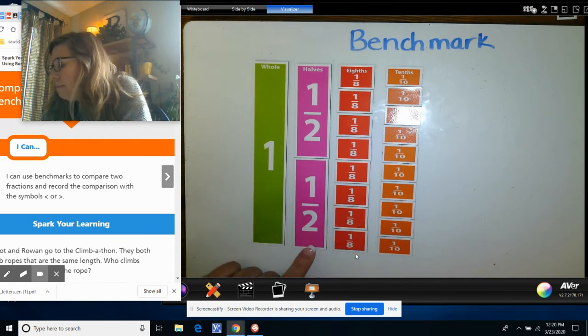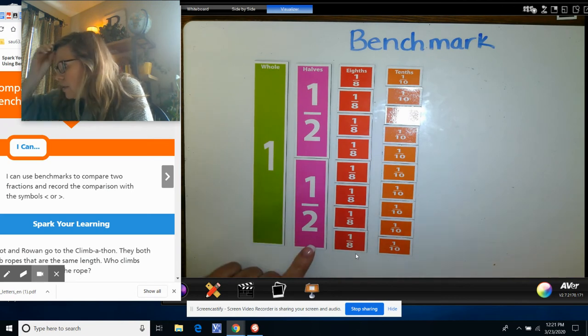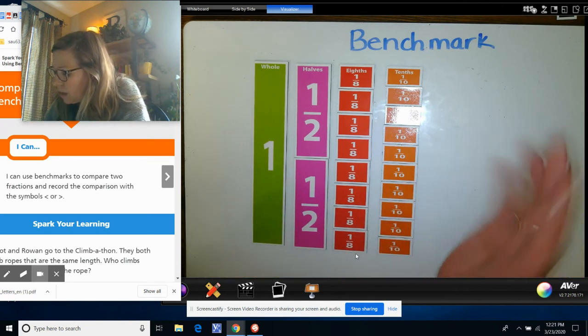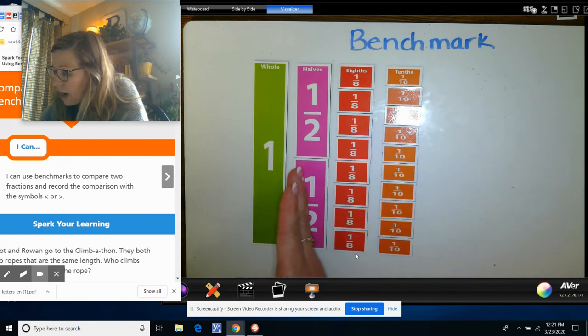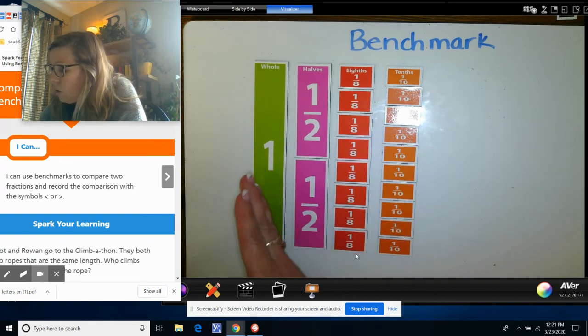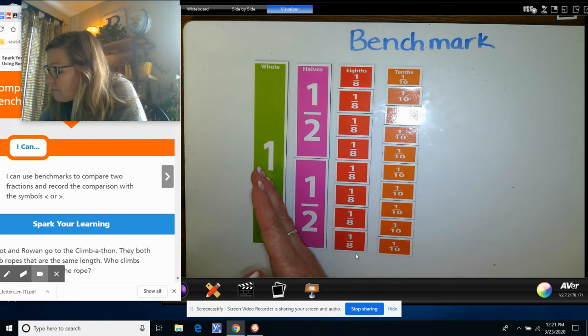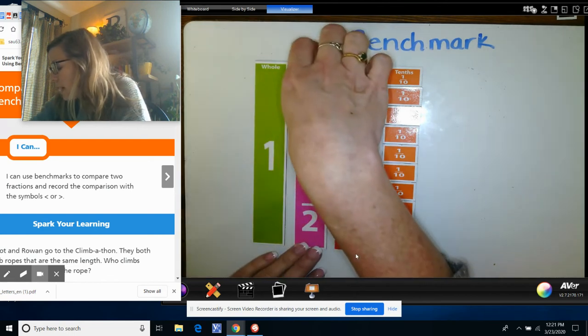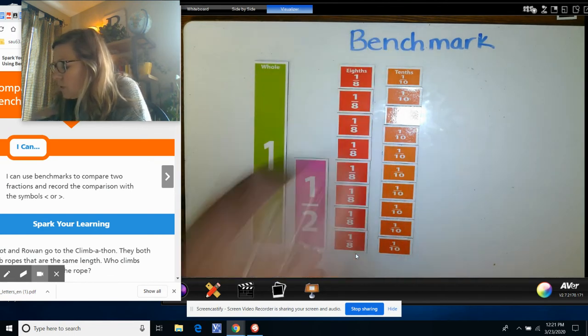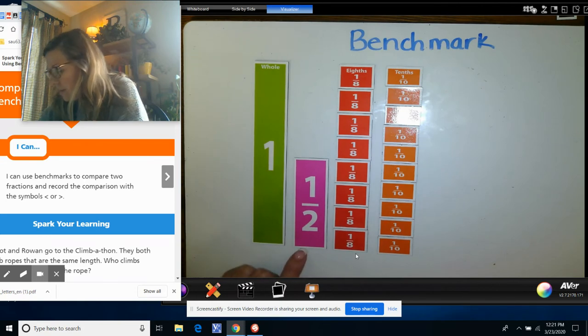A benchmark is something that you can compare it to. And a benchmark can be either a half, a whole, or 1.5 in terms of fractions. So we're going to use a half here on this fraction